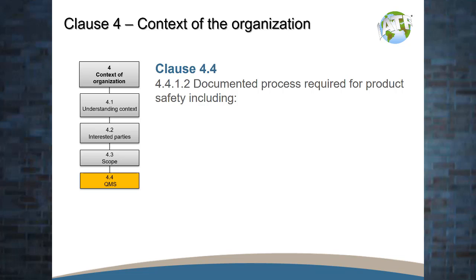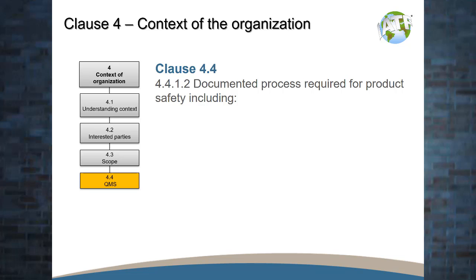So let's start with context of the organization, clause 4. Again, each of these sections will be in addition to what we're seeing in the last module, which is new or substantial updates to these clauses as they relate to just the automotive add-on to the standard. So 4.1, 4.2, 4.3, no real significant updates there in addition to the 9001 standard changes, but we do see at clause 4.4,